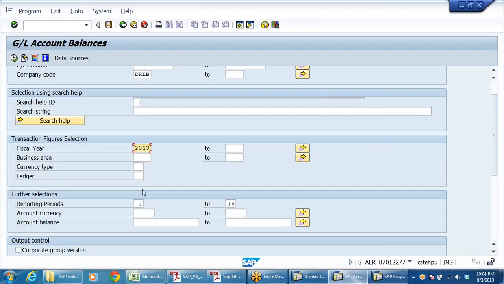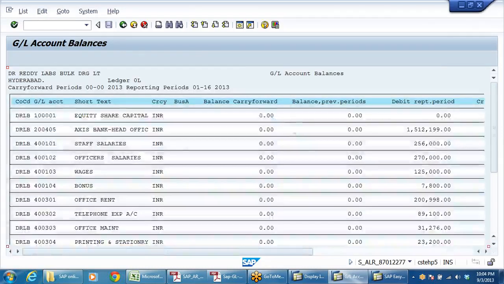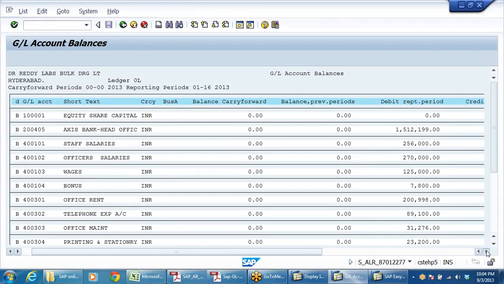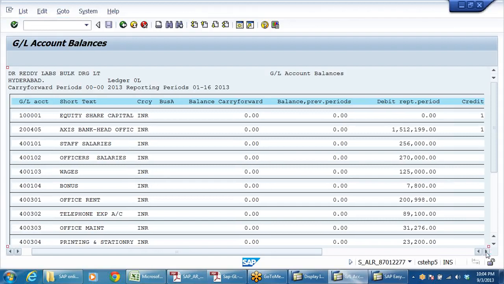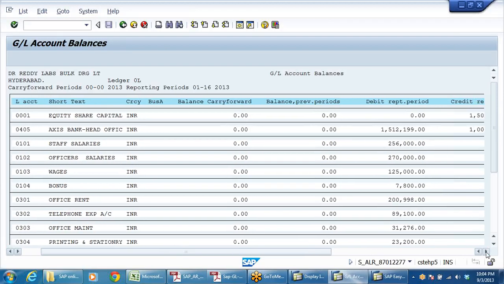2013, right? Posting periods from 1 to 16 it is showing. Okay, execute. See, this is just like a trial balance. It shows you the balances of all accounts: what the debit balance is, what the credit balance is.